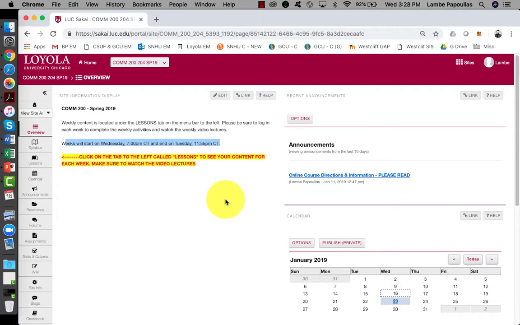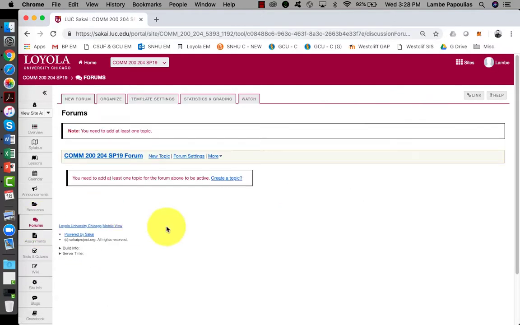However, please keep in mind, there are going to be weeks where you have discussion boards to complete, where you need to log on to the discussion board, which is going to be here on the forums. There aren't any listed now, but if we have a discussion forum to complete that week, you are going to need to post a main post and then also respond to your peers.